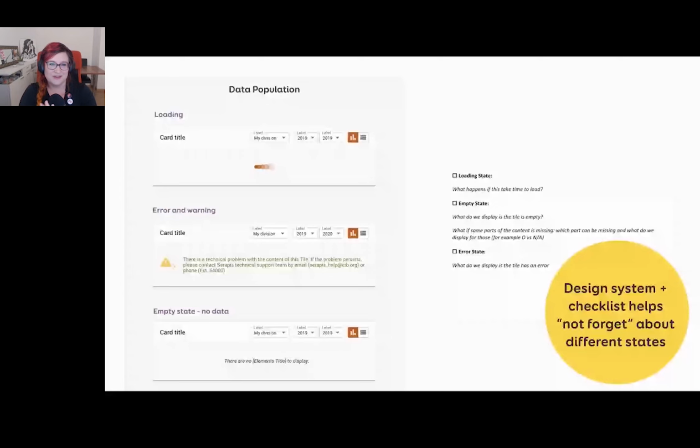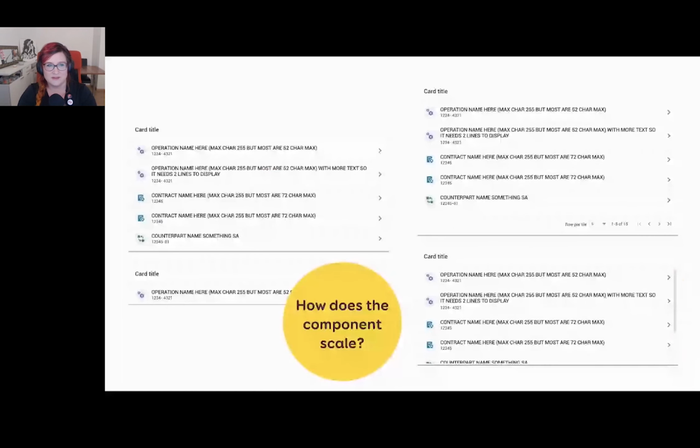Another question that you might want to ask with your content when you're designing this is, how does it scale up? Okay, that looks nice with 5 elements. What happens if I only have 1? What happens if I have 10? What happens if I have 100? Do I have pagination? Do I have scroll? And if there's a lot, do I have lazy loading, things like that? Again, it's not super complicated, but it's things I need to think about when I'm designing these components, far beyond the perfect "okay, 5 look nice, and let's just design that."